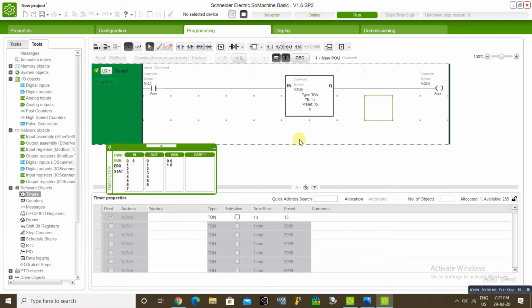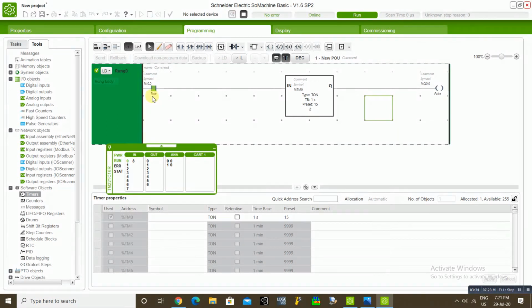So now we have connected a delay on timer through a digital input, and the output connected with a digital output. So now our logic is: once this input is high, the timer will count 15 seconds, our preset time, then it will enable the output. Let's see. Now input enabled.